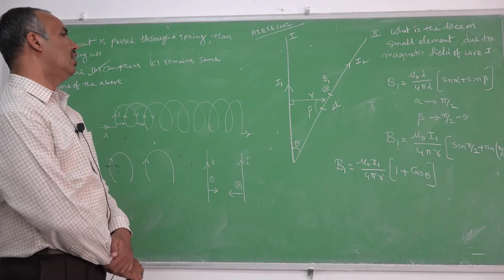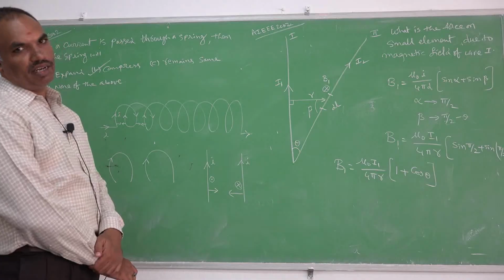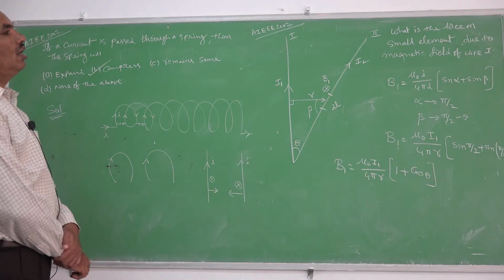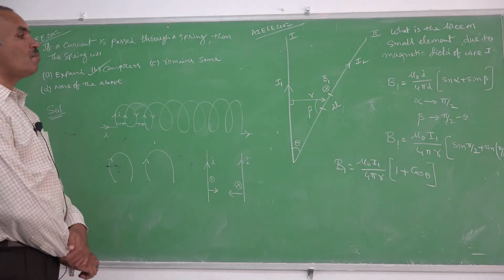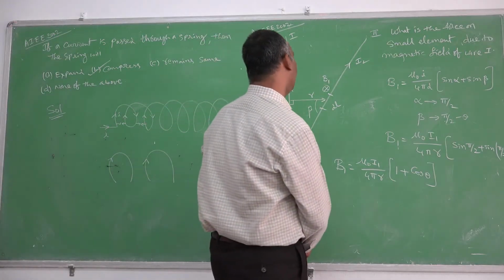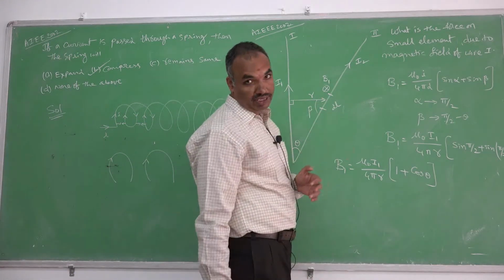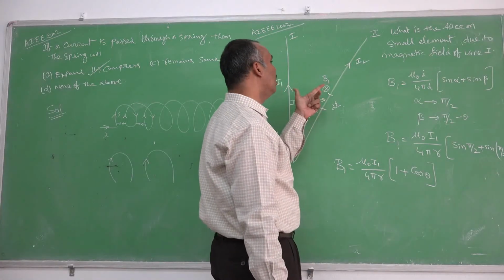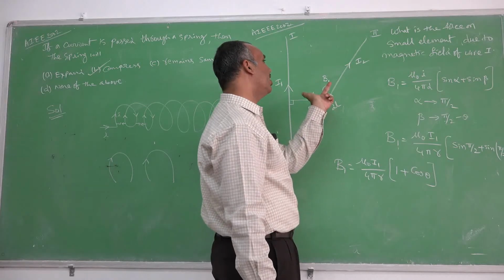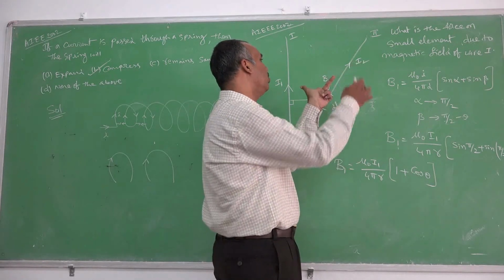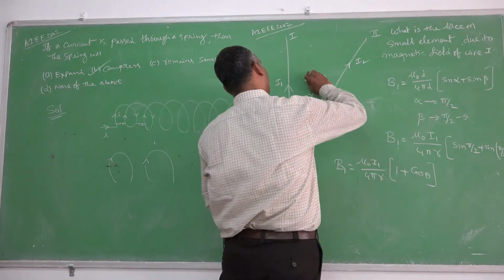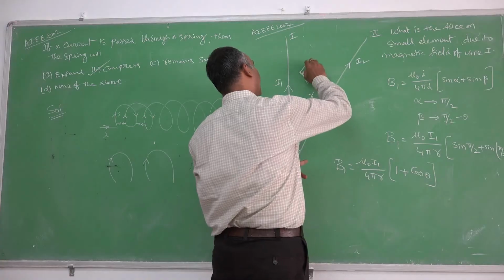Okay. This is the magnetic field value. But we require the force experienced by the small element. In this magnetic field, this element is available like this. Magnetic field is into the paper. This current carrying wire is like this. So current is going like this. Magnetic field is into the paper. So it experiences a force in this direction. This is the required force direction.